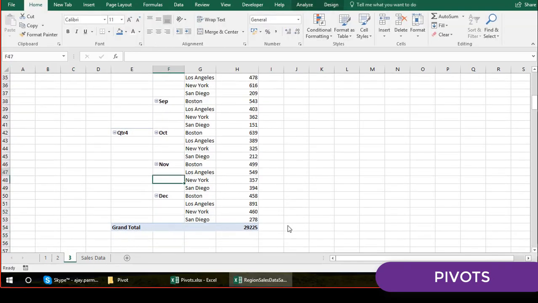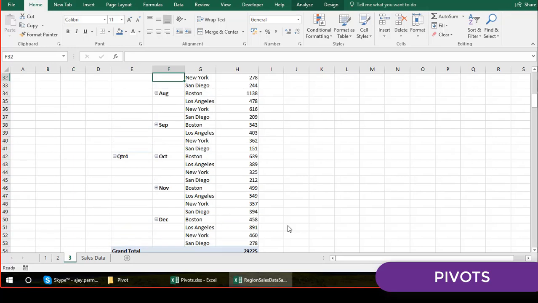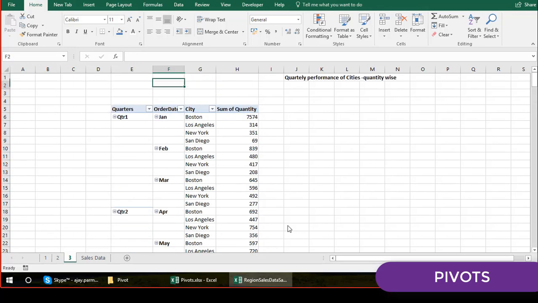Everything is there, right? Now, in your pivot, if in your data you don't have the November month, obviously you won't see the November month, right? But this is data I have prepared, so I have kept all the months. That's why you're able to see it. But don't expect that quarter four by default will show you all the months. No, if you have data there, if I remove the November month from the pivot, you won't see any November data here, right? It's but obvious. I hope there should be no doubt in that particular thing. Now this is important.